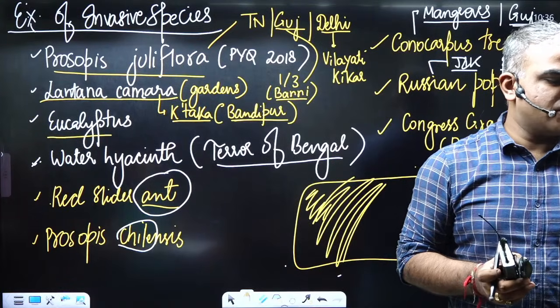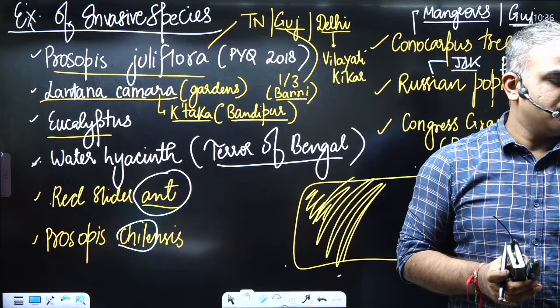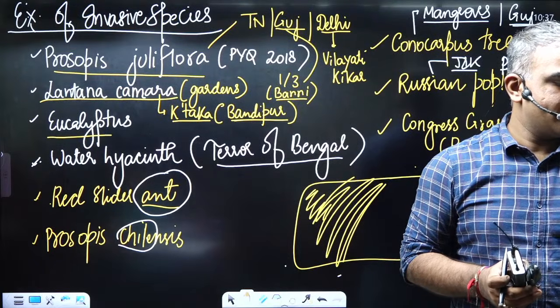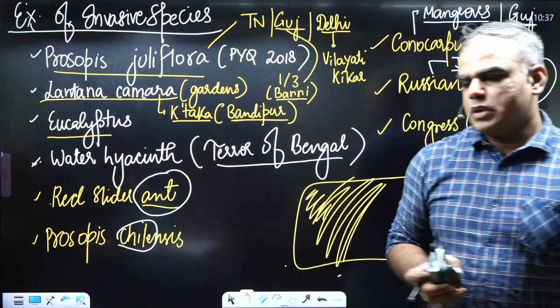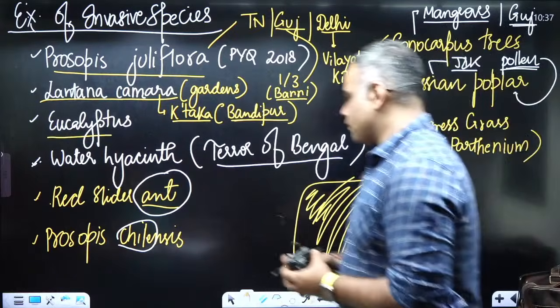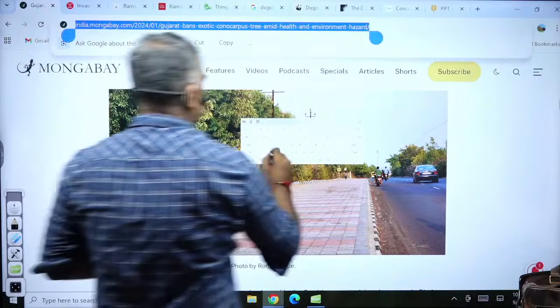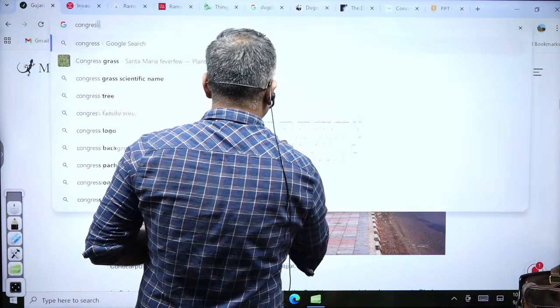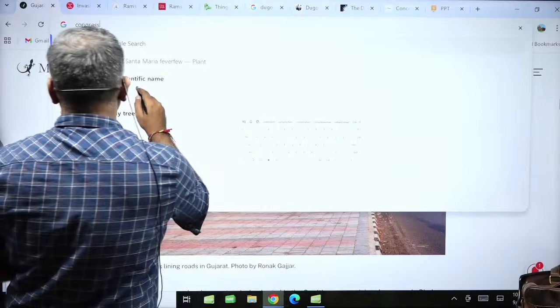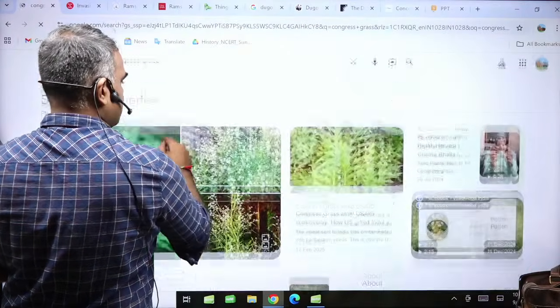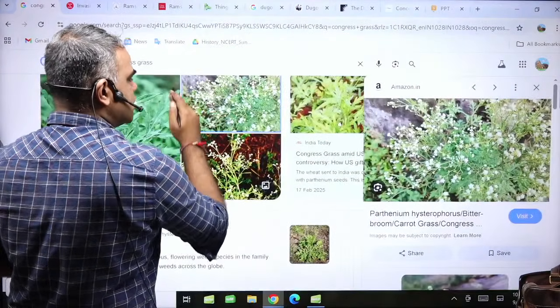Name is Parthenium. From the name also, you can understand what this is related to. I'll also show this to you. This you see very much, a kind of a weed species that you get to see almost across India.